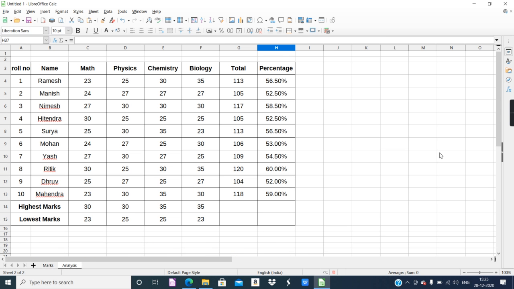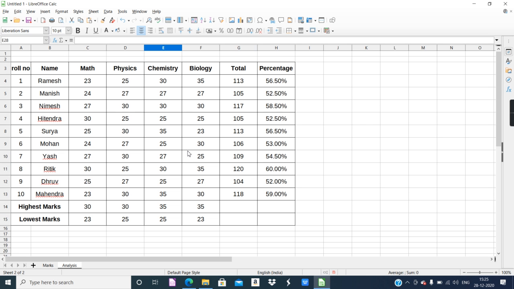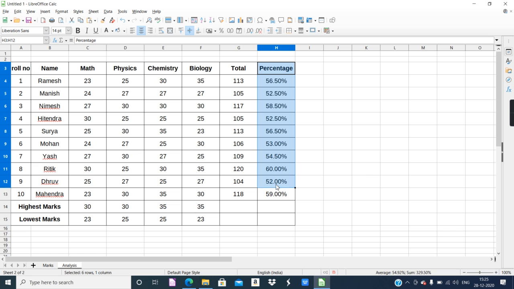Now we will create the chart. To create the chart, you have to choose for which field you want to create it. So select this percentage, and all the percentages.